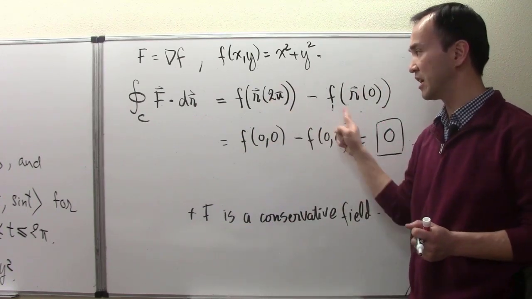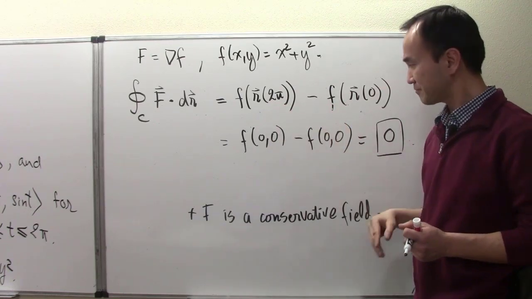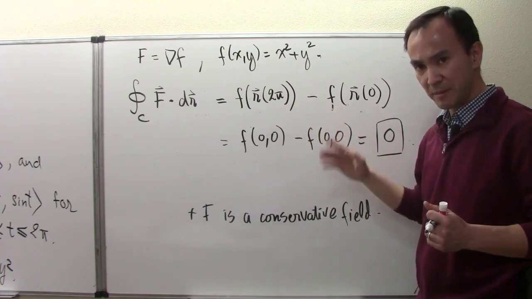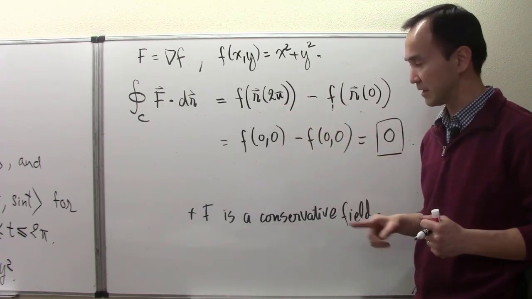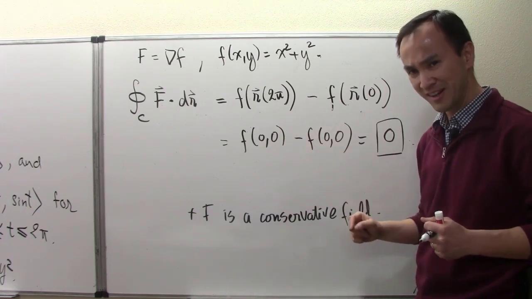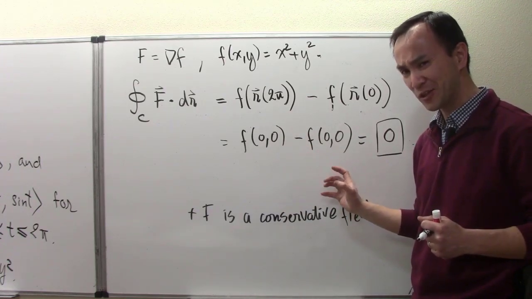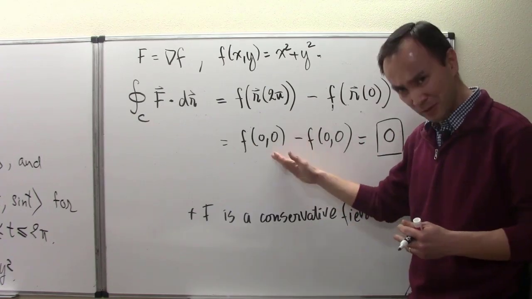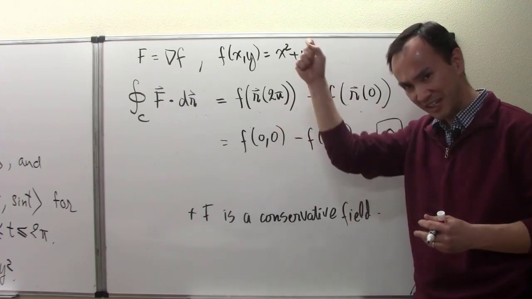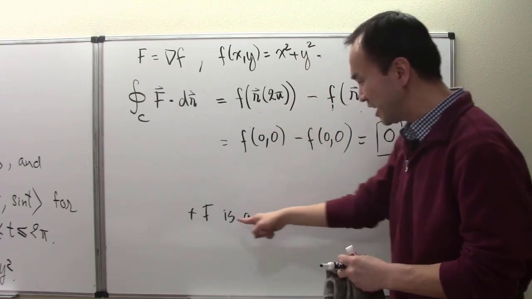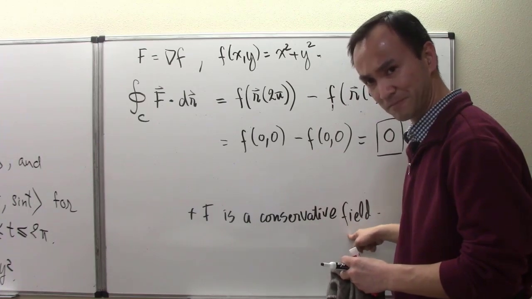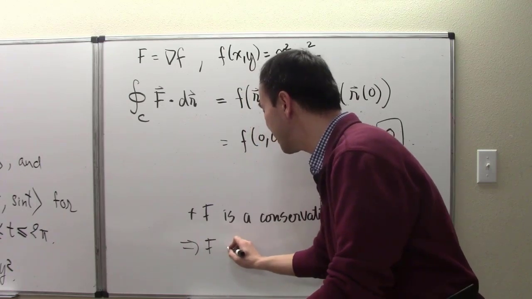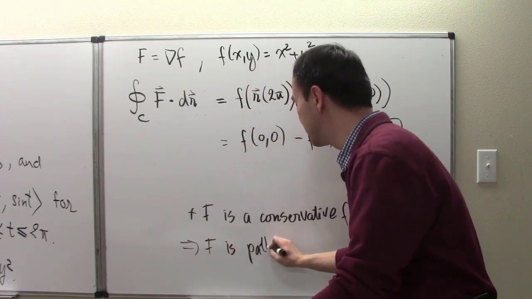That means right here in my calculations, the calculation can go completely independent from the path. I only need the 2 points, starting point and ending point. And so as we go along this way right here, we can think of an even better generalization. We solved the problem here for this specific case, but let's think about a better generalization. So anytime F is a conservative field, and of course it's path independent,